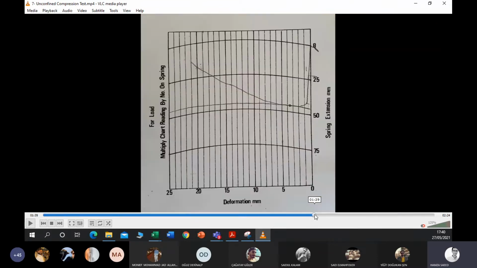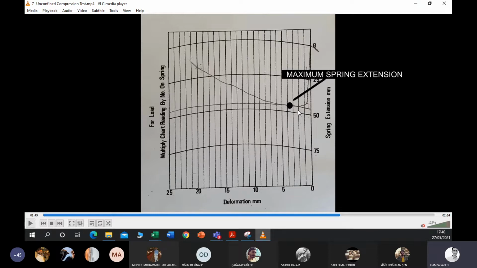This curve is already obtained from the test. Now, how to read that curve? First of all, you have to mark the maximum spring extension, and it is described over here. The point at the top, at the maximum point of this curve, you can consider as the maximum spring extension.